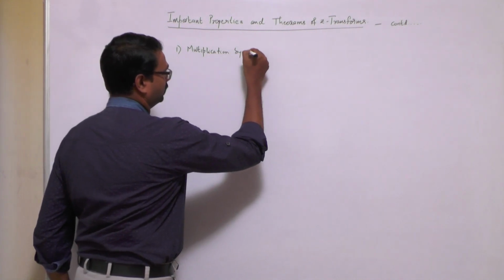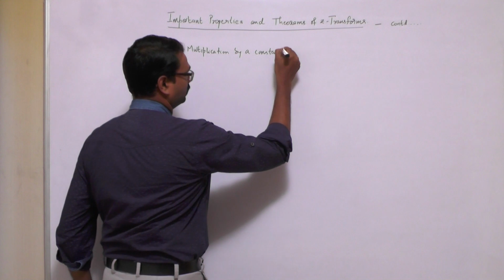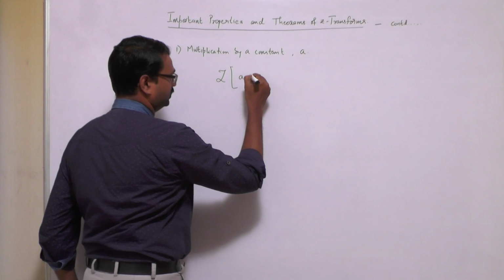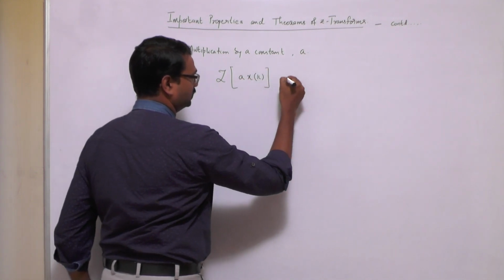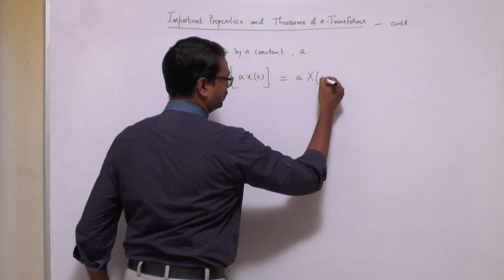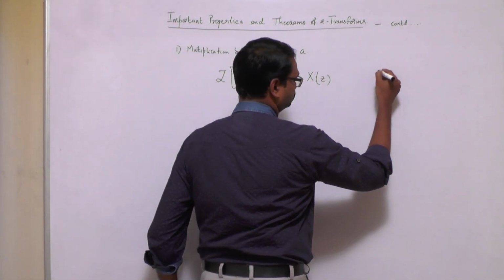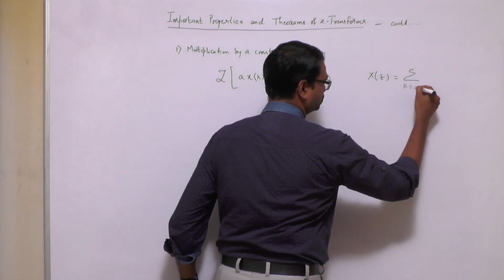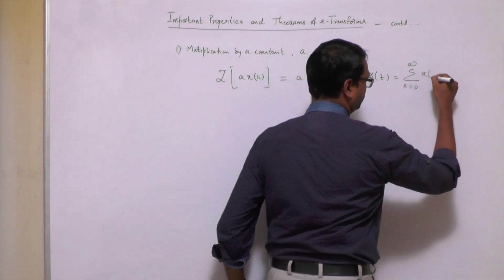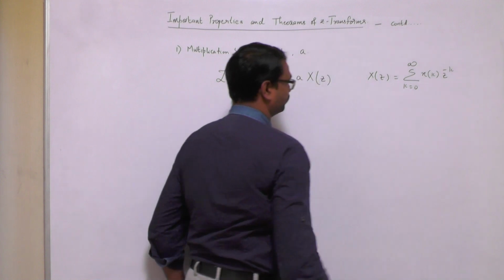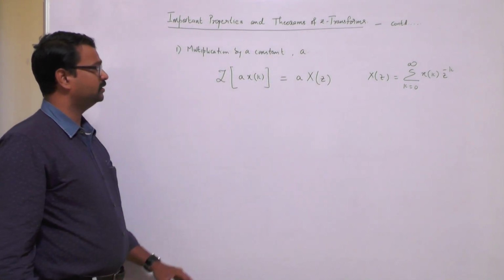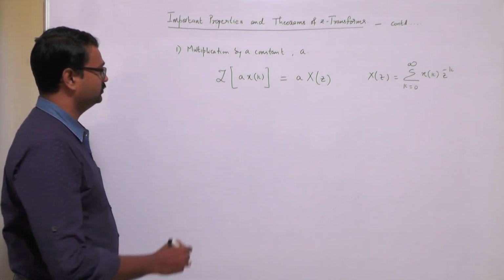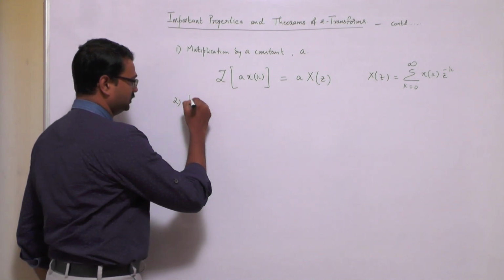Multiplication by a constant. That is, the Z transform of A into x of k, where A is a constant, is nothing but A into x of Z, when by definition we have x of Z is equal to sigma k is 0 to infinity x of k Z power minus k. That is by definition. Therefore, multiplication by a constant of the same sample data signal, A into x of k, will give you A into x of Z, and the linearity property,